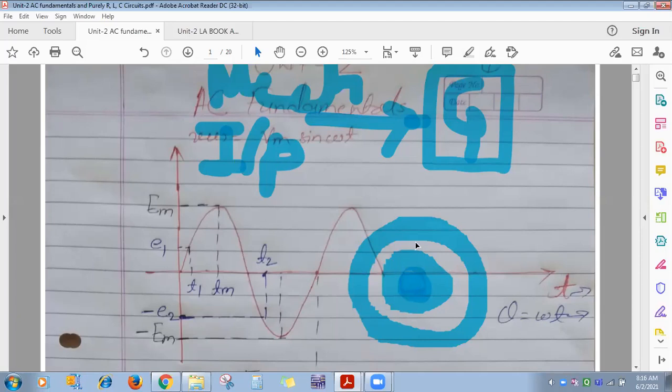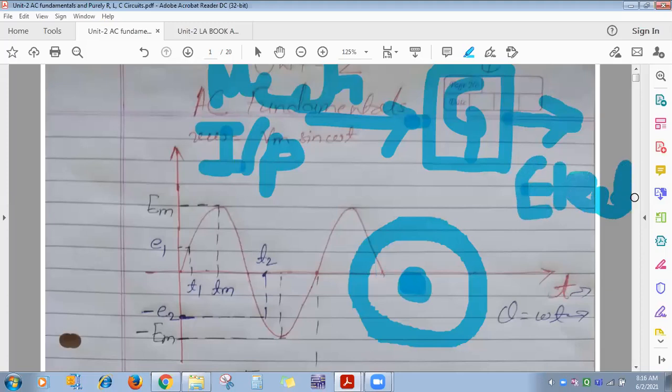So this rotor will rotate, the shaft rotates, and the rotor also rotates. This complete assembly rotates. Whenever we say we give mechanical input, it means nothing but that this rotor and shaft are rotating in a clockwise or anti-clockwise direction. Okay, and then what is the output of the generator?